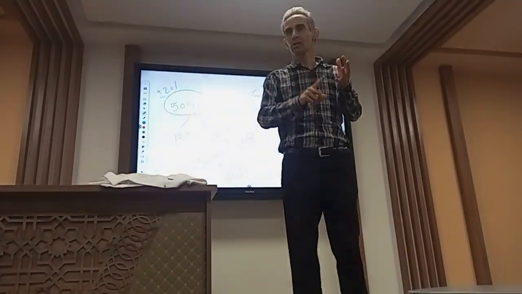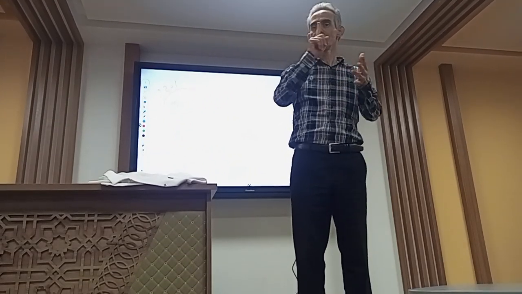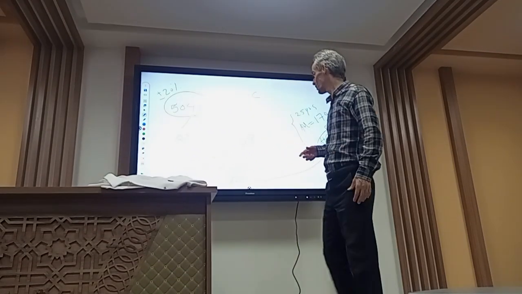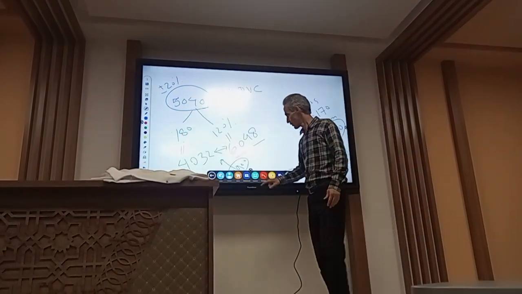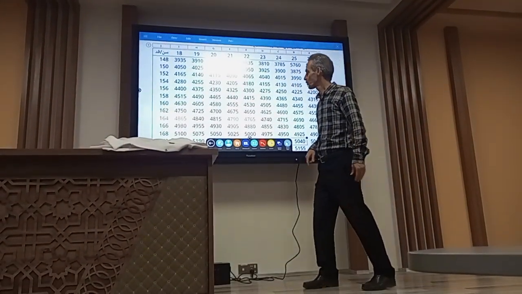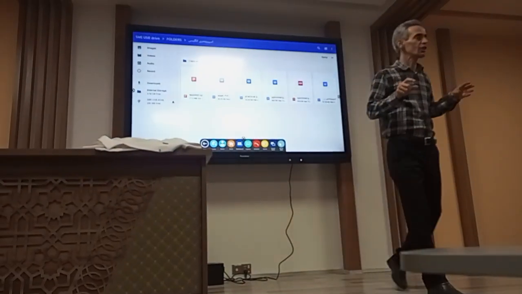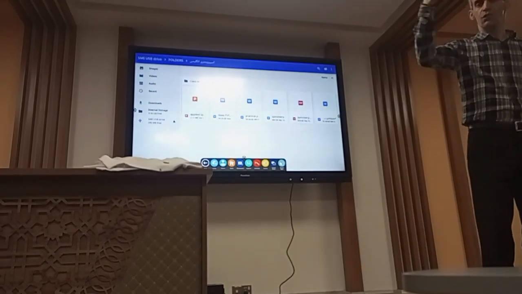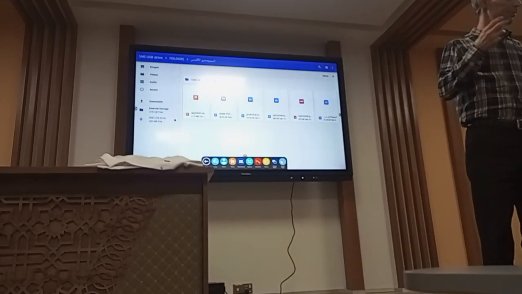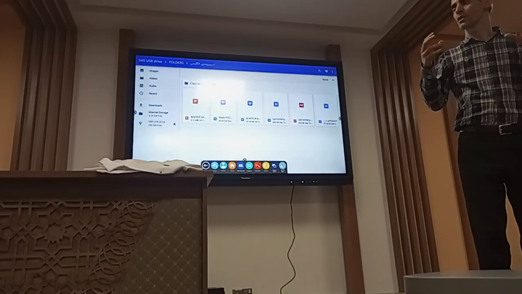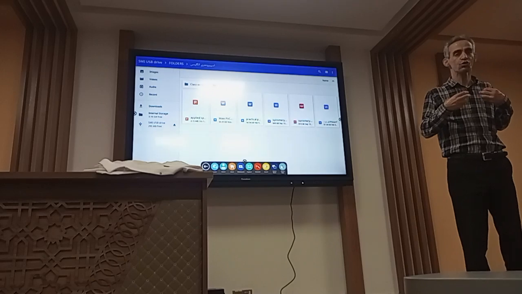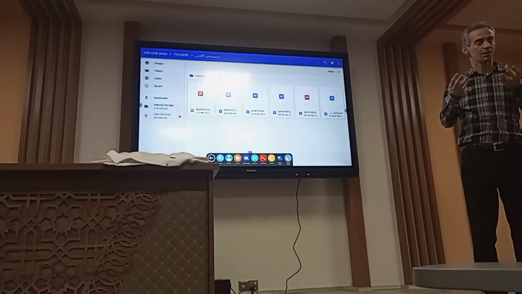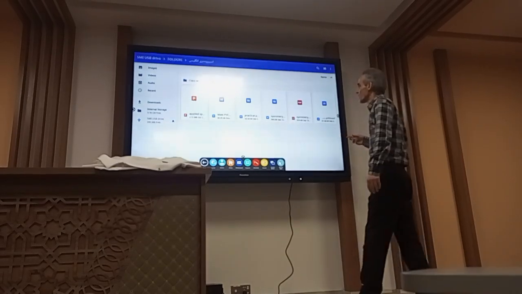Okay, so at first: vital capacity, the tidal volume, the IRV, the ERV, and the vital capacity. But the second point is very important to us. As I said before, the temperature has an effect on spirometry. The environmental temperature affects the spirometry, and for this, again, we should calibrate it by using another table.